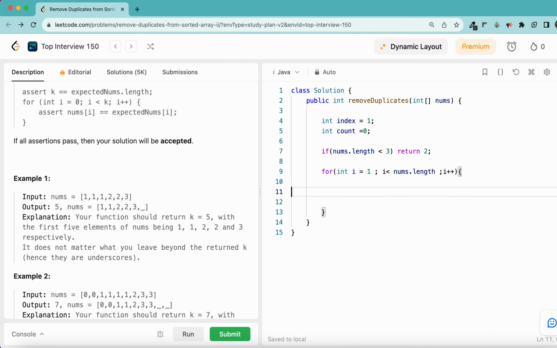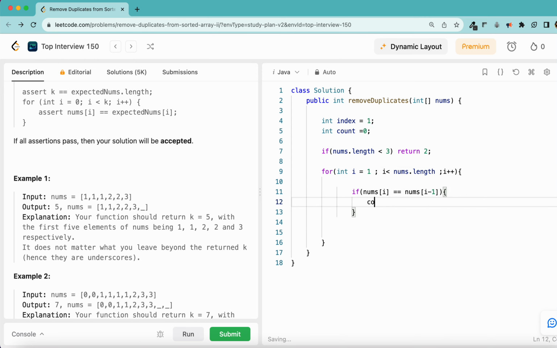Now I told you we are going to check if our nums of i is equal to my previous, nums of i minus 1. Since we are using i minus 1, to avoid any error, we are starting i from 1. If i is equal to 1, then 1 minus 1 will become 0. Okay,